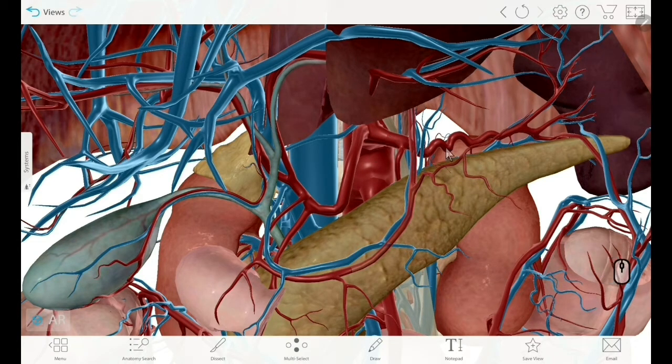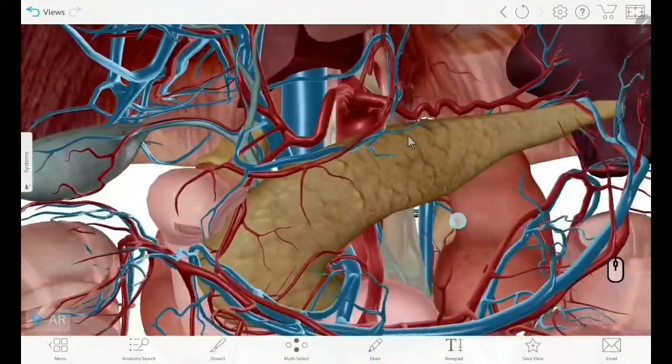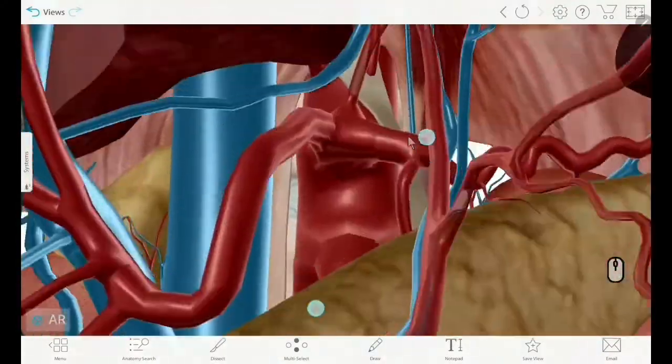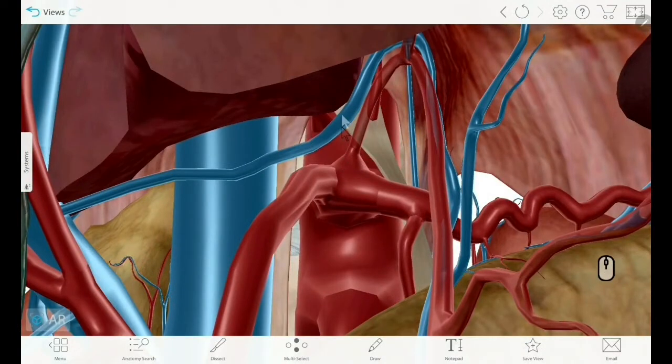Now the celiac trunk further gives branches. The branch that we can see going to the left towards the spleen, we know that the spleen is located towards the left, and the branch that we see going towards the left to the spleen is the splenic artery. Now we can also see a branch which is arising from the celiac trunk and then arching. This supplies the stomach, which has been removed from this model. So it is called the gastric artery, and since it is situated on the left side, it is the left gastric artery.